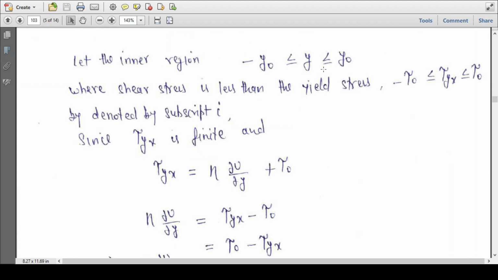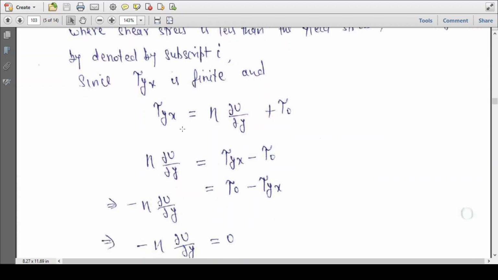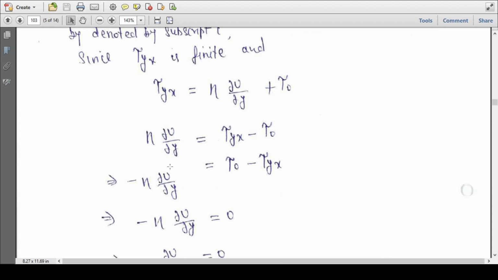Now let the inner region start from minus y0 to y0, where the shear stress is less than the yield stress. So this is the condition here: minus tau naught less than or equal to tau yx less than or equal to tau naught. The inner plug flow region we denote by subscript I. Since tau yx is finite, we put tau yx equal to eta del u upon del y plus tau naught. If we solve this, we get